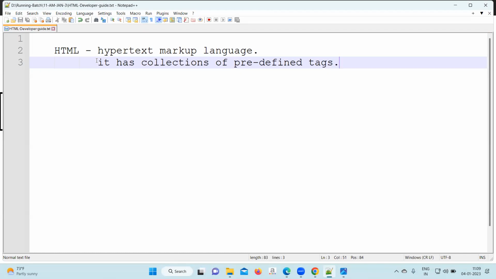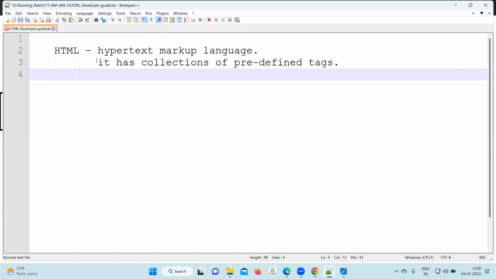Tags are something that we are going to discuss, and they are not made by us, they are made by someone else who has written the HTML. They have written these tags. Now, what is the use of the tags? When it says it has a collection of tags, then what is the use of the tags? Okay. What is the use of the tags? So we can write it,